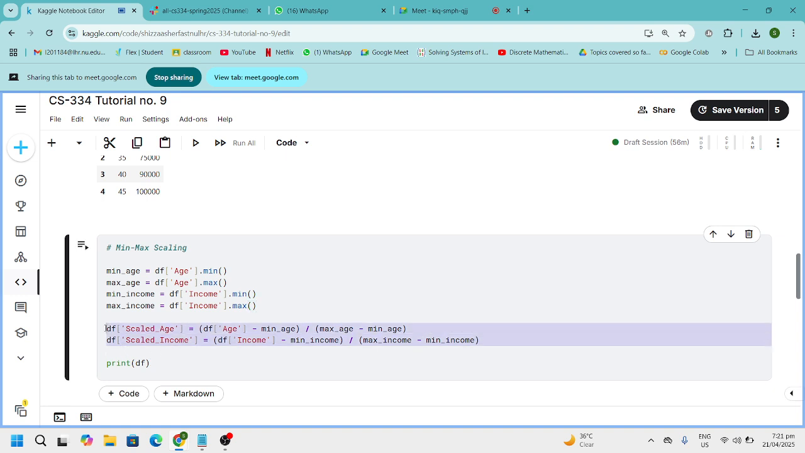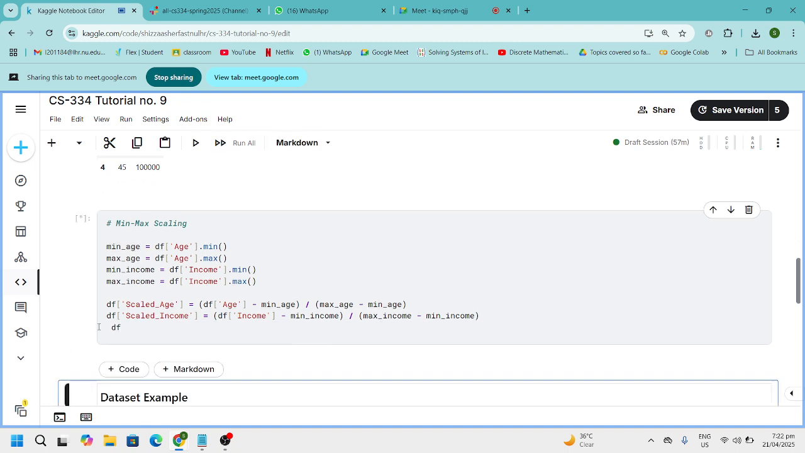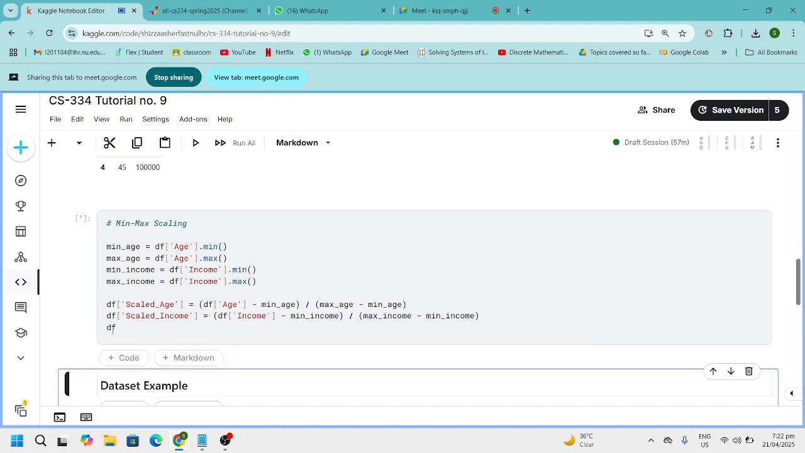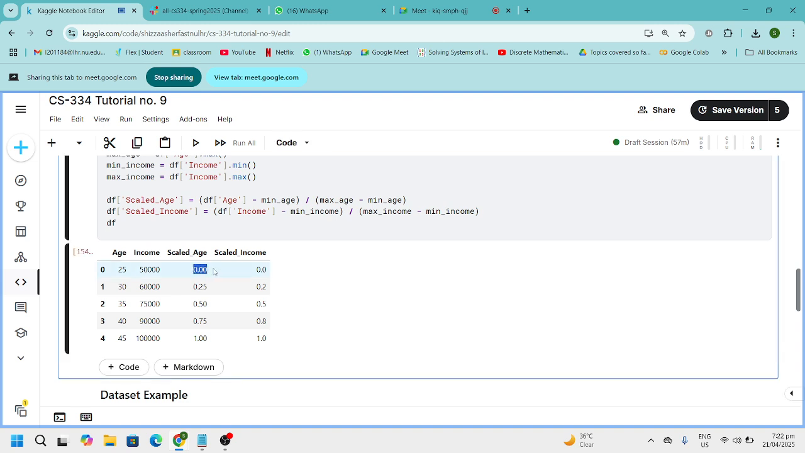And now I'm going to introduce two new columns in my data frame, scaled age and scaled income. Alternatively, मैं इन्हें same columns में भी store कर सकती थी if I wanted. All right, so df age minus min age divided by max minus min. So that's very simple. And this is what it gives you. So we can very clearly even see कि जो minimum और maximum values हैं वो 0 और 1 को ही